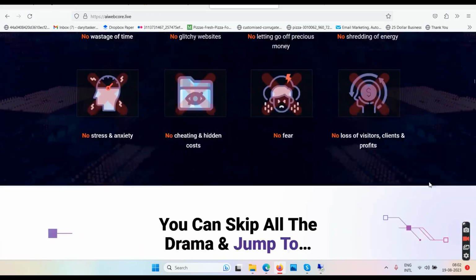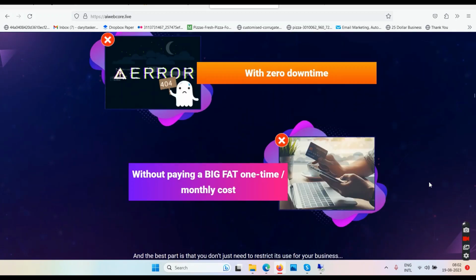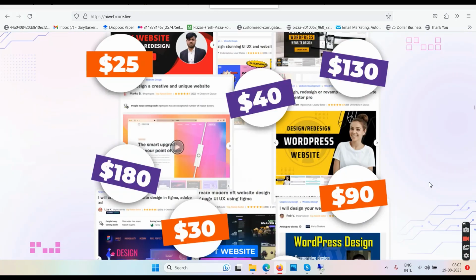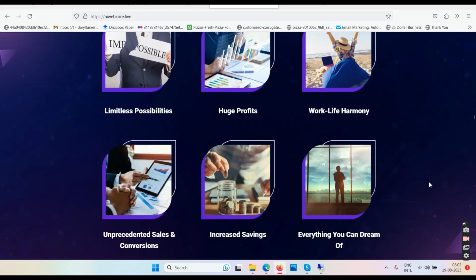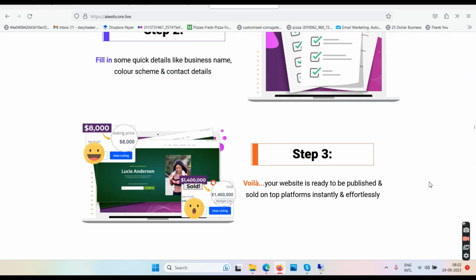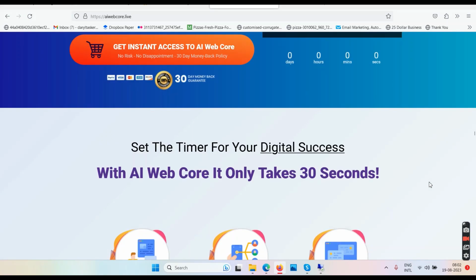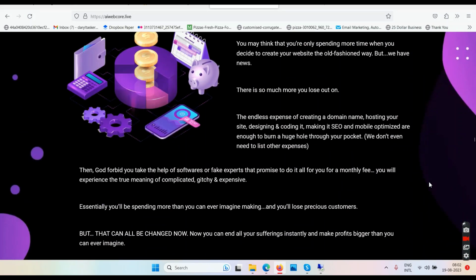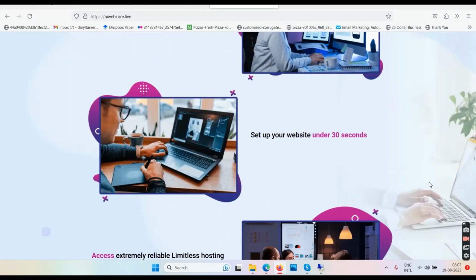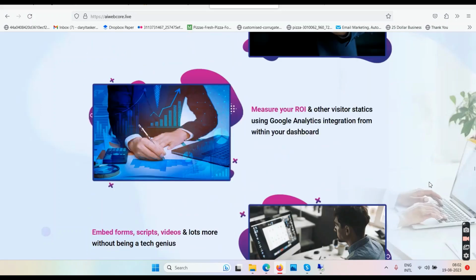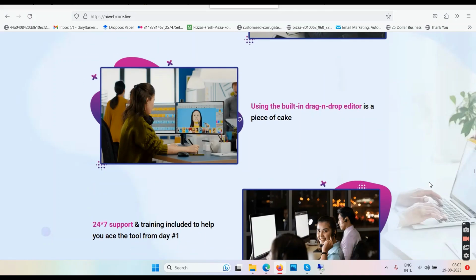After watching the demo video, if you want to buy this, go and buy it, no problem, make me some money. Okay, everything else is fake: the money, screenshots, reviews, everything is fake. You will not make any single penny. You will only make some templates and websites. And as I said, if by some miracle you can find somebody who will buy this from you, then only you might make money hypothetically. I will never give any shit to all this nonsense. Okay, nothing at $17 will make you any single penny.